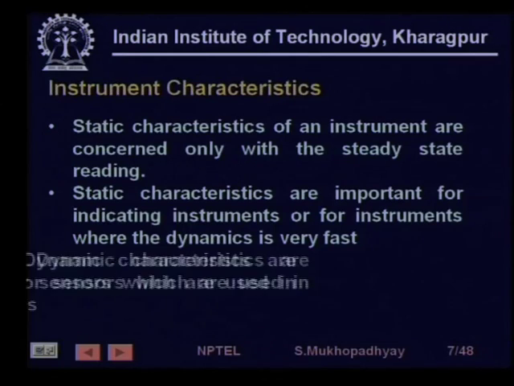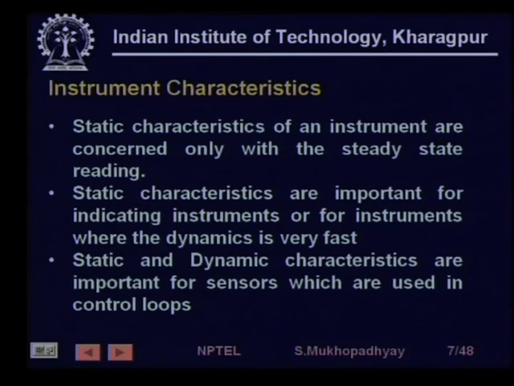Now, static characteristics are important for indicating instruments, because indicating instruments are generally concerned with steady state values, or for instruments where the dynamics is actually very fast, that is, this settling from whatever was the temperature to the 100 degree centigrade temperature is so fast that for all practical purposes we can neglect the way the temperature rose. That does not concern us. So, in such cases the static characteristics is of importance, while there are cases where dynamic characteristics is also important,